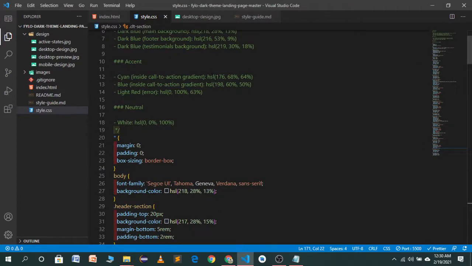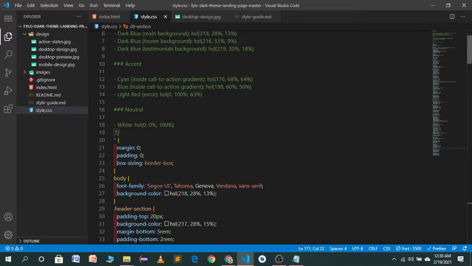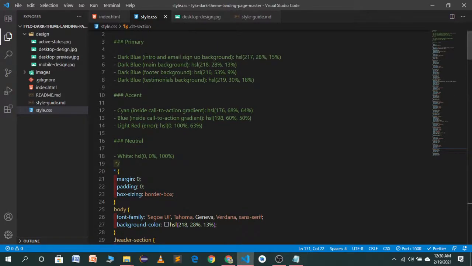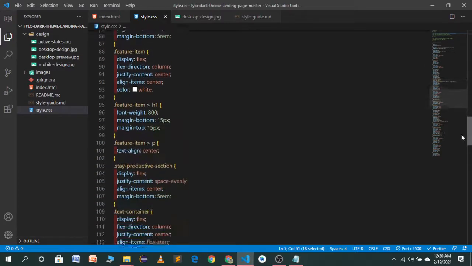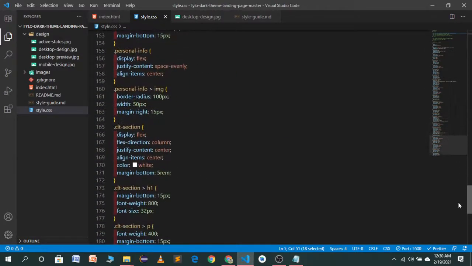So the background color for call to action will be, I think, this is inside call to action. I think it will be a footer background, main background, email sign background. This color we will use. So here is our call to action section.